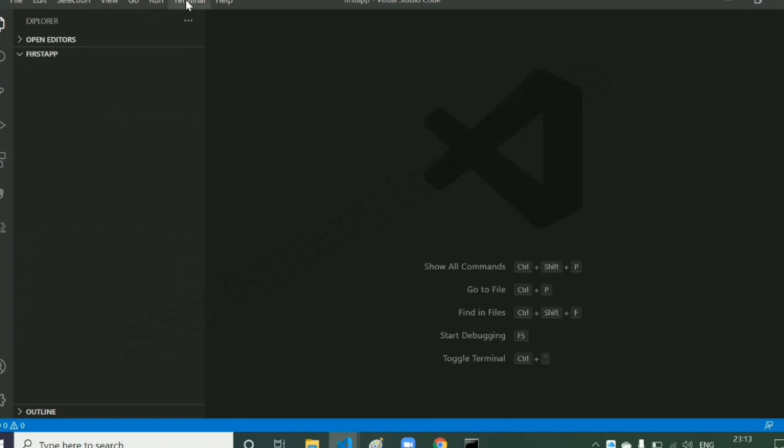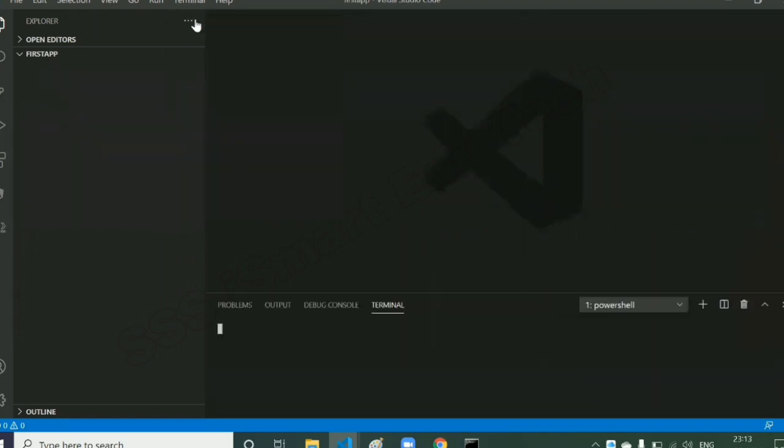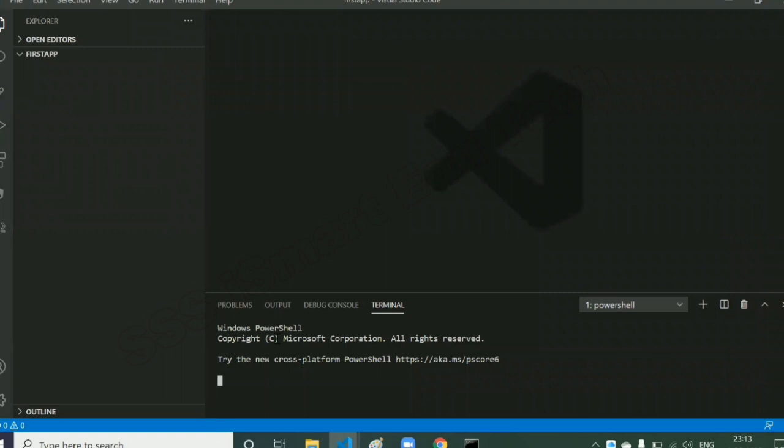Now just go to the terminal and open the terminal. As we have installed React.js, now we have to create a React.js application. To create a React.js application, we have to use a command. What is that command? create-react-app and your application name. Your application name should not contain any capital letters.